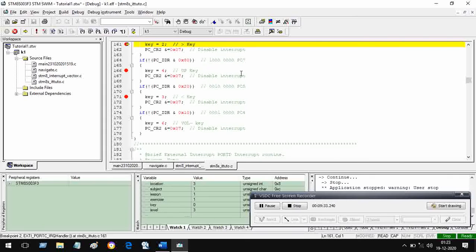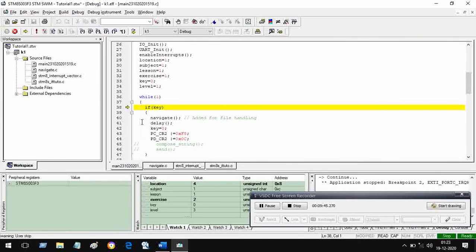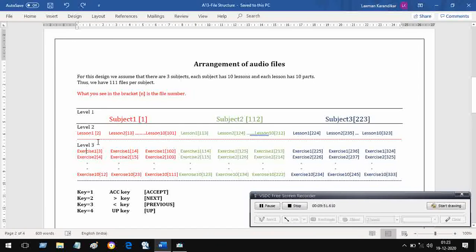So what we expect to happen, exercise will change to 2. Let us see. And let us stop. So exercise has become 2 and address of exercise 2 is 4, that we can verify. Exercise 2 address is 4, right? You can see here. Yeah. So now we can go a few steps and then go back. Let us do that.